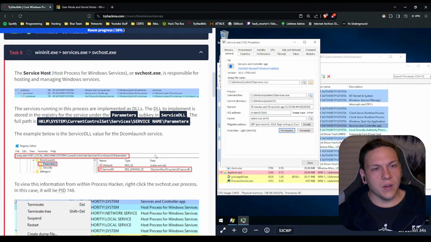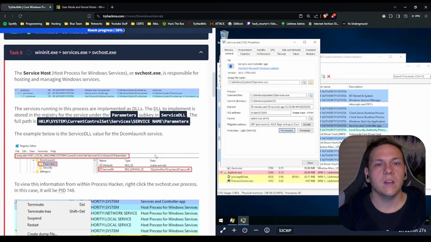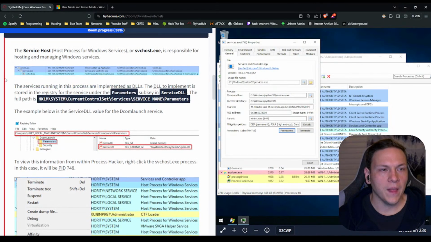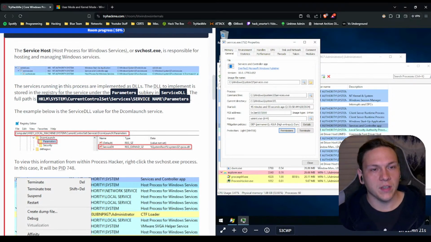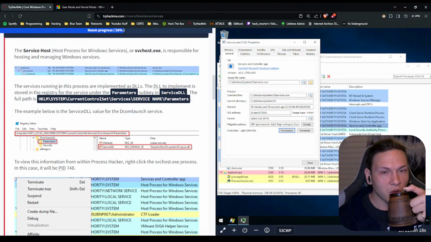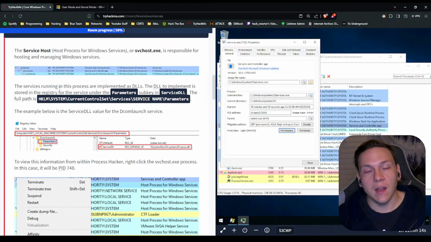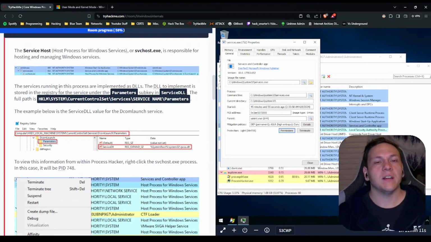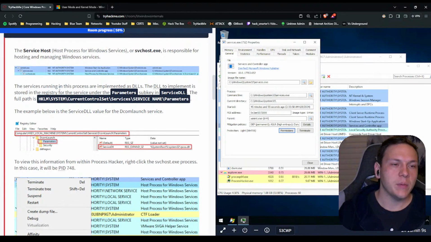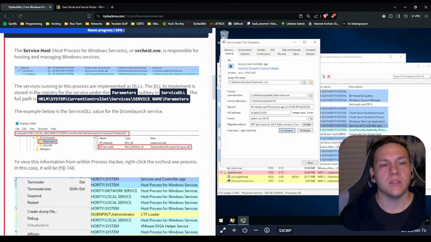All right, so now we're going to look at the svchost, which is Service Host. The service host process for Windows services is responsible for hosting and managing Windows services. The services running in this process are implemented as DLLs, or dynamic link libraries. The DLL to implement is stored in the registry for the service under the Parameters subkey in ServiceDll. The full path is